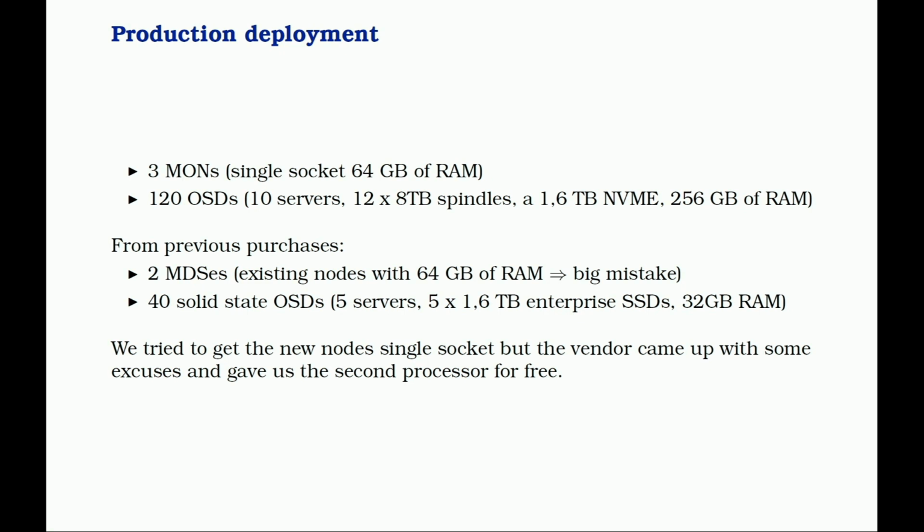So what about our production deployment? We started a new cluster: 3 monitors, 120 SSDs divided in 10 servers, and high endurance NVMe for both RocksDB and the metadata pool. We used 2 MDSs from existing purchases we had. Those turned out to have too little RAM for our needs and caused a lot of pain later on. We also reused 40 solid state SSDs